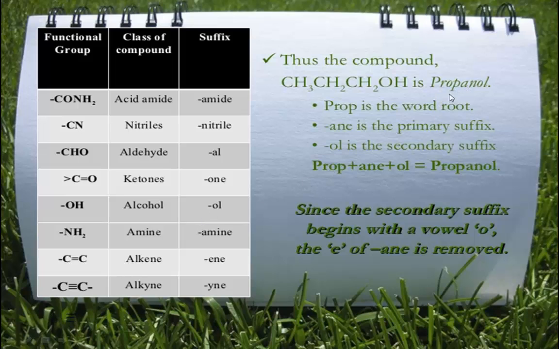Therefore, the name of this compound is propanol. Here, prop is the root word, ane is the primary suffix, ol is the secondary suffix. Overall, propanol. One important point, since the secondary suffix begins with a vowel, O, the E of the ane is